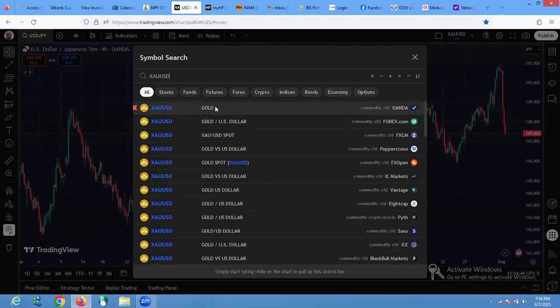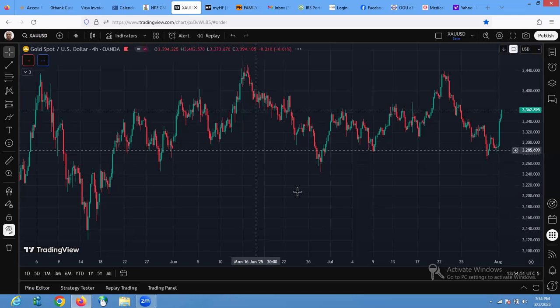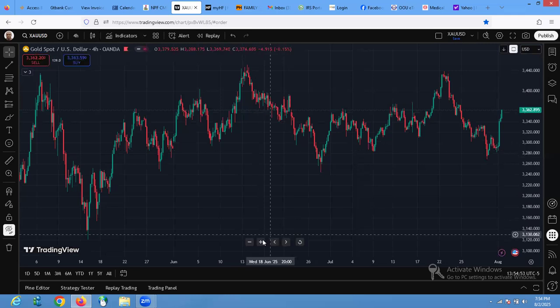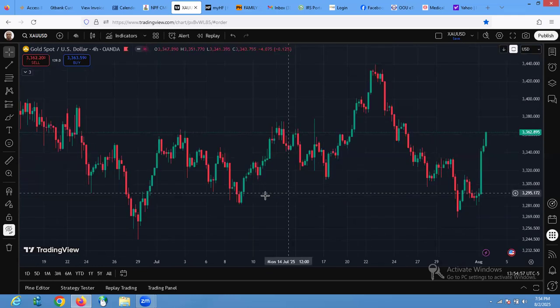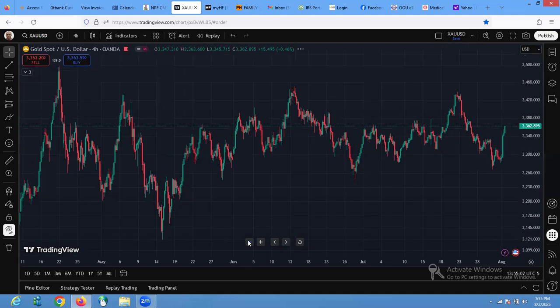The next one is gold here. A whole lot has happened here. We are thought of a triangle, and so it's still looking like we just completed a triangle where we had this as an ABC of A, B, C, D, and E. Now, all we need to do here, since this E didn't get to the end of this C wave, is